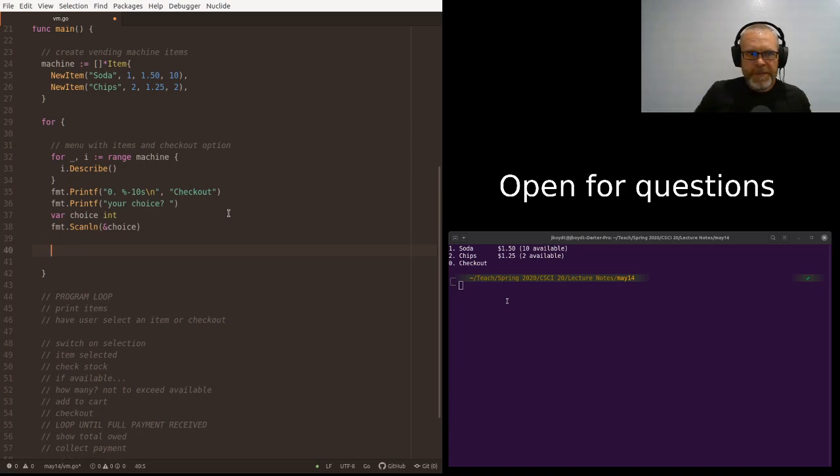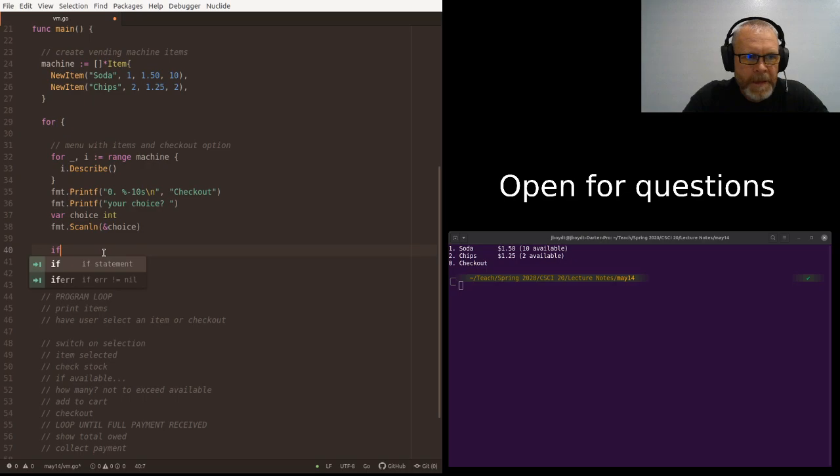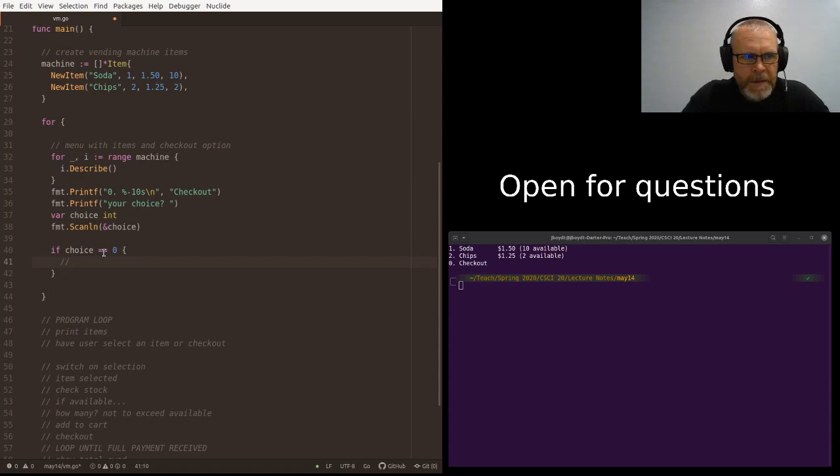Now there's some cool ways to do this. So once you're in a slice, you sort of have to imagine when they type choice number 1, that's actually item number 0 in the slice. And choice number 2 is item number 1. So what I can do is say if the choice, I'm not going to use a switch. If the choice is 0, then start the checkout process. Otherwise,